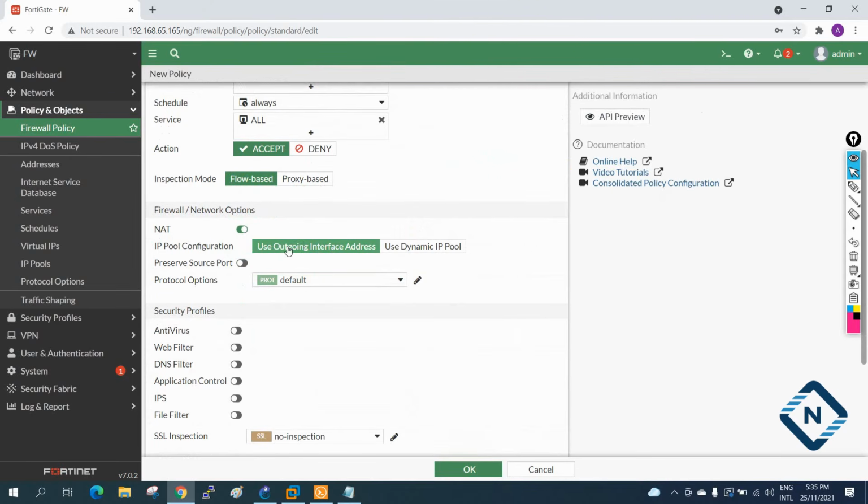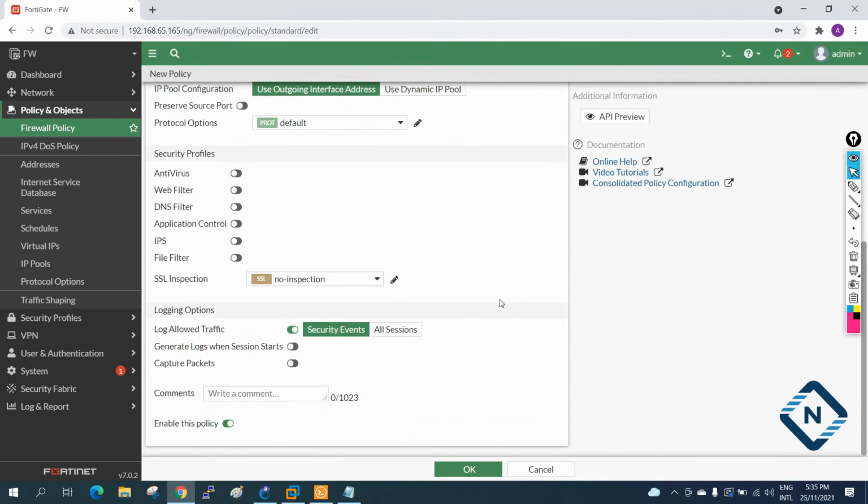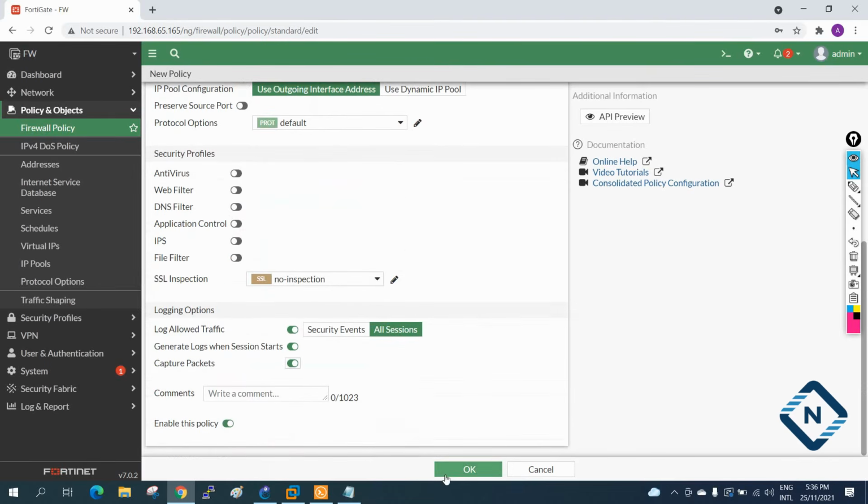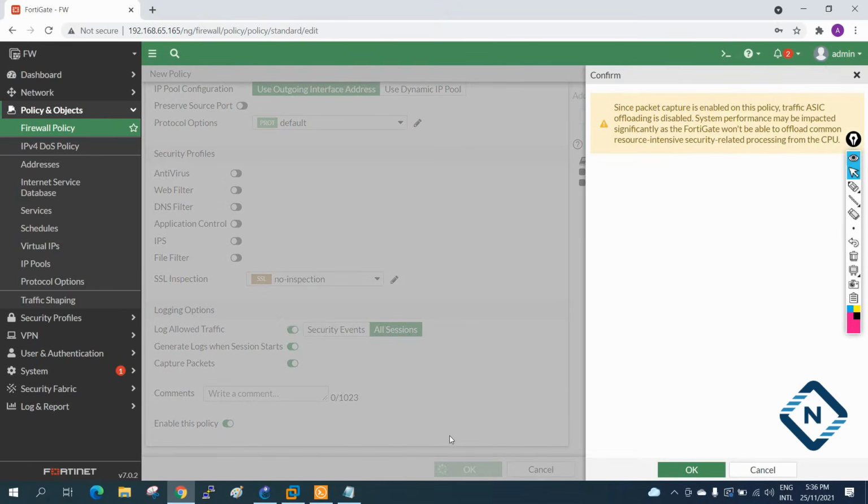By default this is enabled, so we will keep this one only. And if you go here, if you want the logging option, log all the traffic, select all sessions so it will show you all sessions also. General log and all logs, capture everything you want to see, then press this one, and then we can apply this one. Press OK.